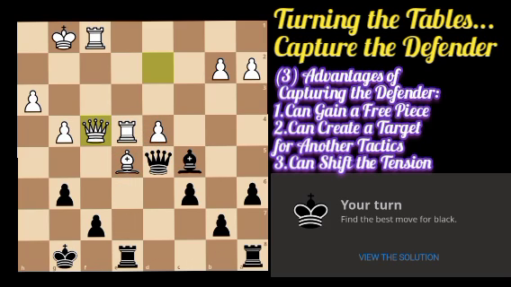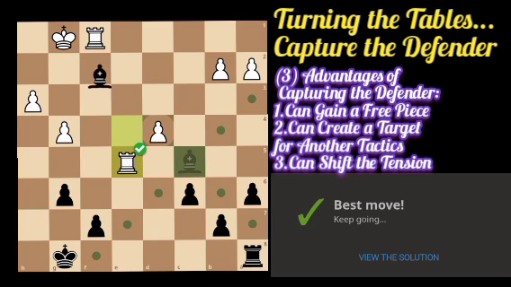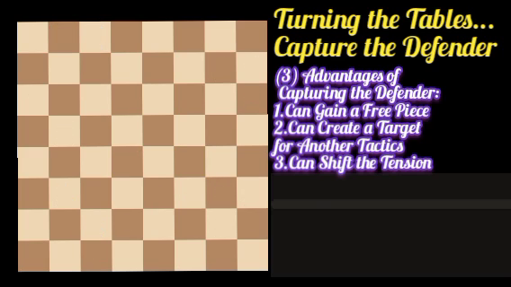Here we can attack the bishop because the only defender is the queen. After the capture, we can recapture with queen takes queen, because after rook takes queen, we can grab the pawn, which has no defender at all. After the capture, we can now fork the queen and rook in this position.